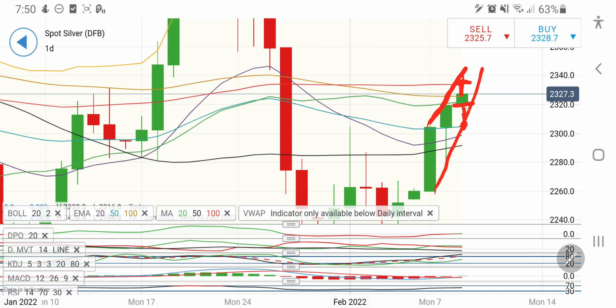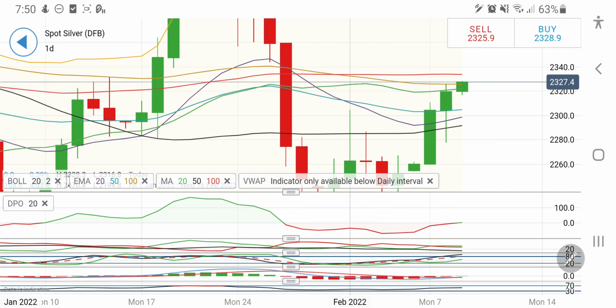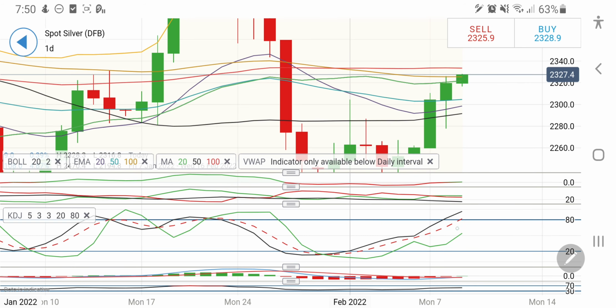But we will look at what the 4-hour chart says, because 4-hour charts are equally important here. Now look at this, it is overbought on the daily chart. The stochastic is extremely overbought on the daily charts. It needs to break, and whether it breaks today or not, we have to wait and watch.